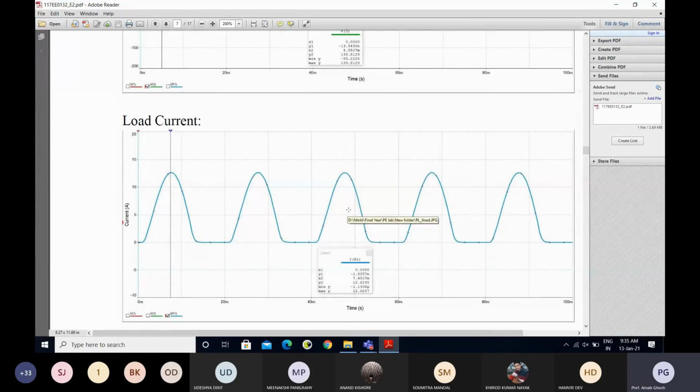Total 6 readings. Prepare a table: with the changing of the firing angle, what is your output average voltage and output average current, since it is DC. Now you can plot a graph for R load, RL load, and RLE load.